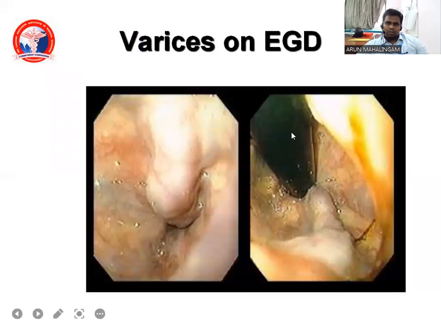This is an image of esophageal varices at the lower end of your esophagus, and this is the GE junction. This is the J maneuver. You can see the varices extending into the stomach. This is the GE junction. You can see the slit lip and the large varix which is obstructing and occupying more than 1/3 of its